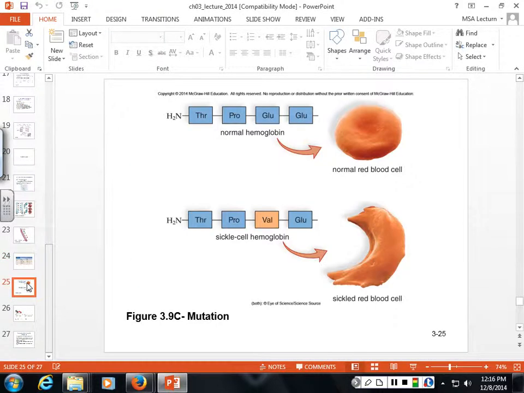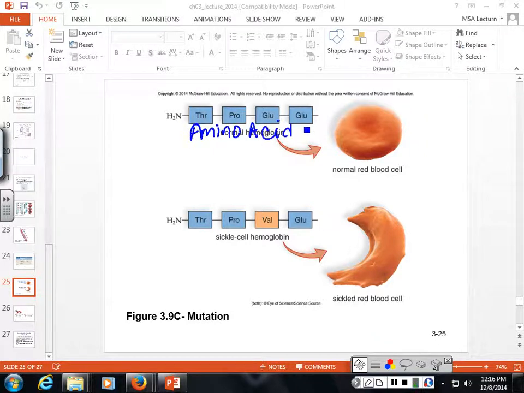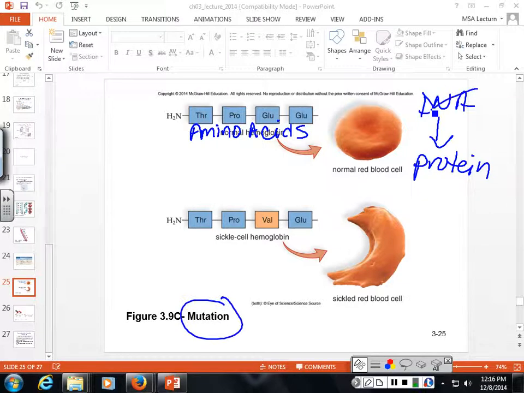So here's an example of a mutation. I just wanted you to see how important it is to make sure that the amino acid sequence is correct, and that comes from the DNA sequence, right? In this particular case, they're trying to show you these are amino acids. And remember, our DNA, nucleic acids, programmed what our protein was going to be. So if there's any sort of mutation, if there's something wrong here, it will cause something to be wrong here